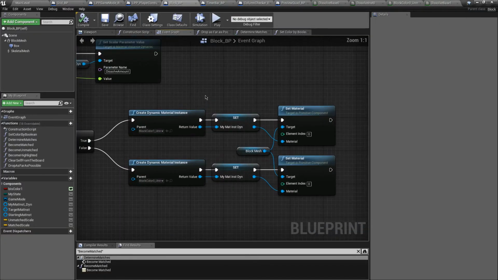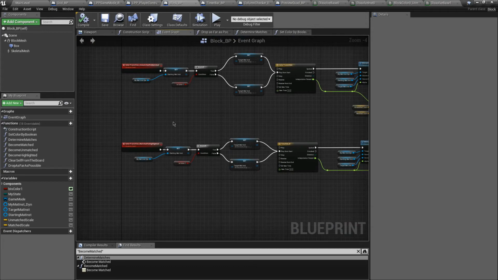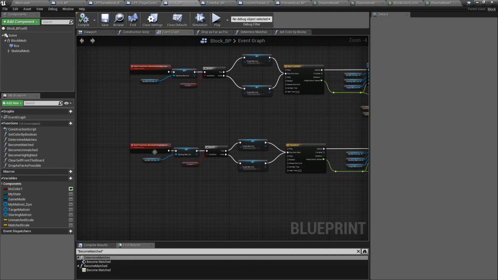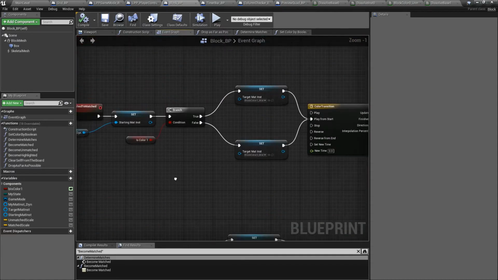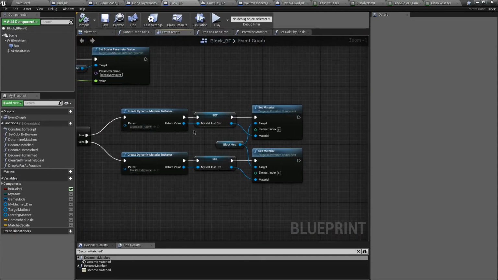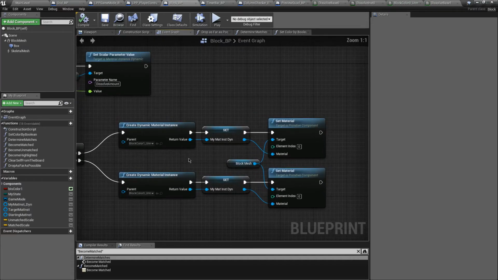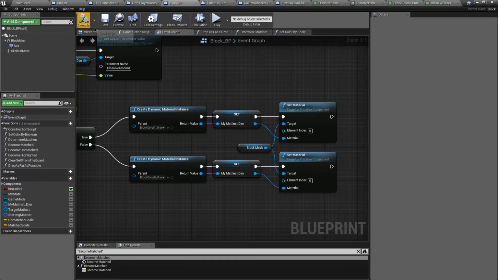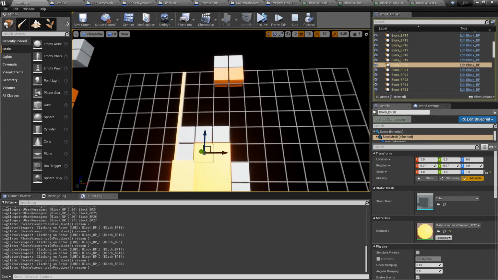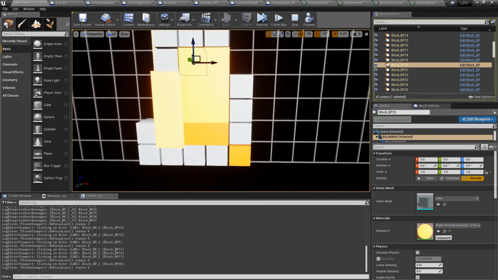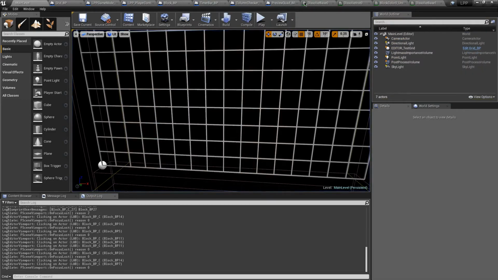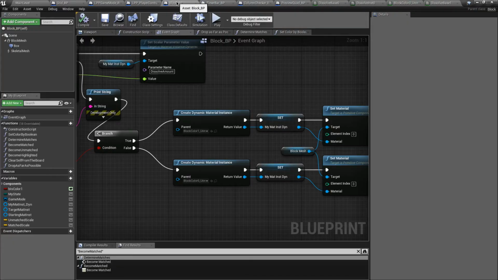So again, just like the previous time where one material wasn't properly changing to the metallic material and one of them was, this is another instance where I don't understand why the materials are misbehaving. The only thing I can think of is that I'm misunderstanding something about how dynamic material instances operate. I don't know how to solve that particular issue the right way, but I do know a way that we can